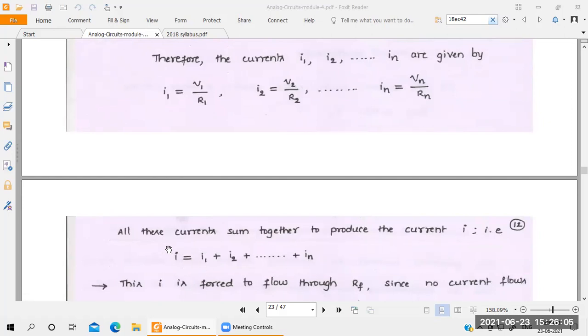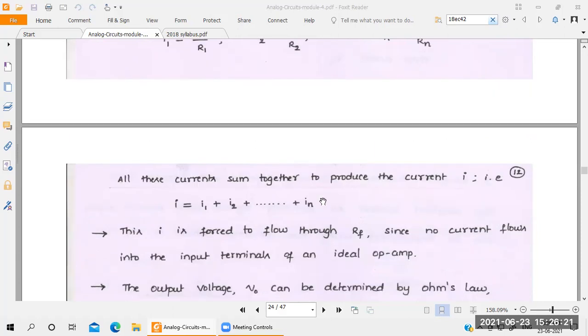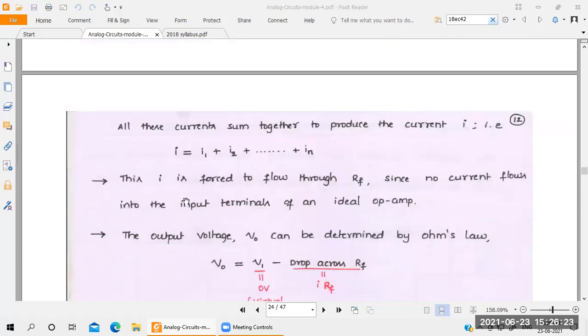So here you take the currents, we are going to add them at the input of the op amp, like total current is I here. That is the negative of the op amp. So for that you take I1 plus I2 plus up to In. You can use any number of currents. Here I've taken 3, right? So you are going to add the currents I1 to In.